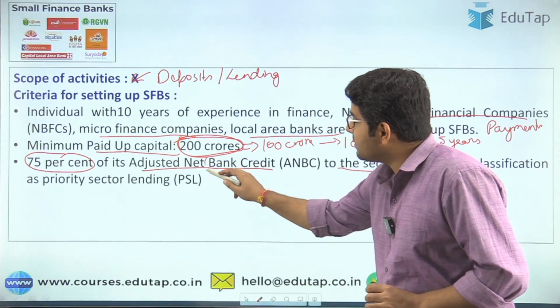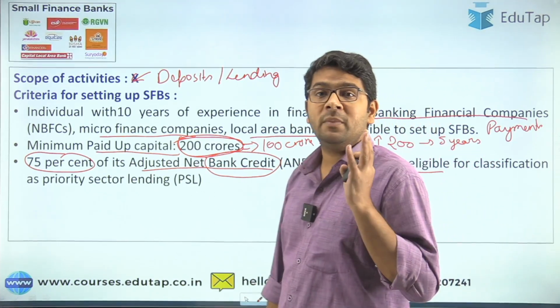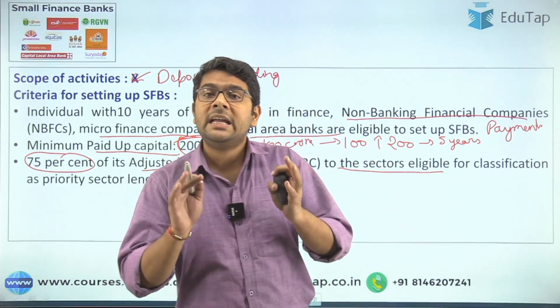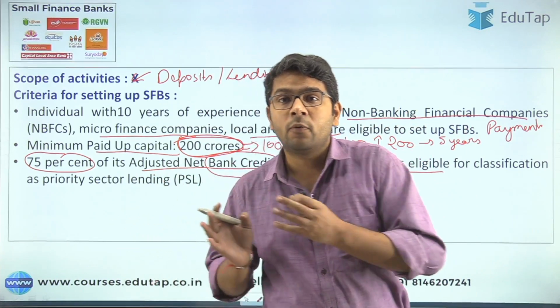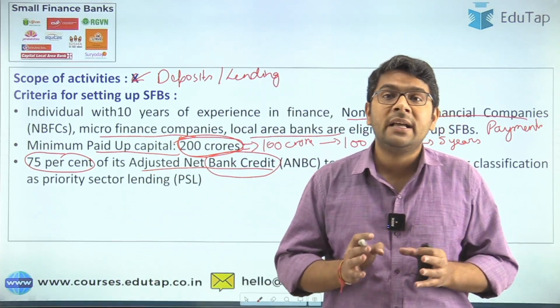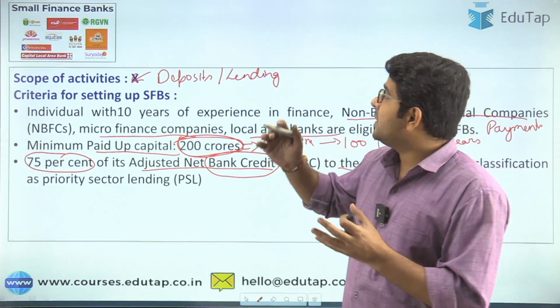So guys, here it is mentioned bank credit. What do you mean by bank credit? It means the loans or whatever lendings that have been provided by the bank are known as bank credit. So there is a term which is bank credit,